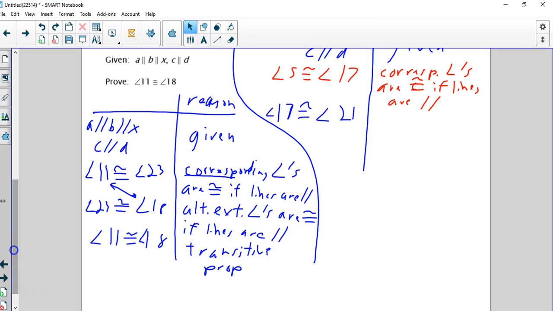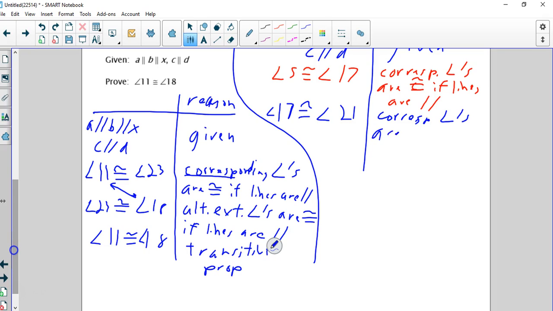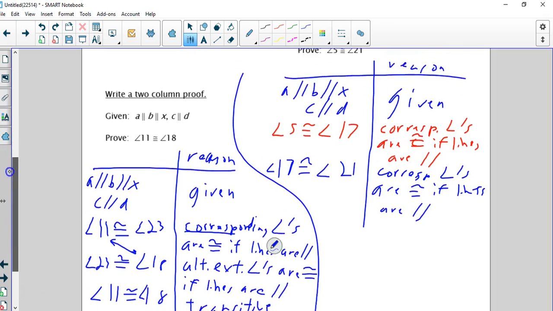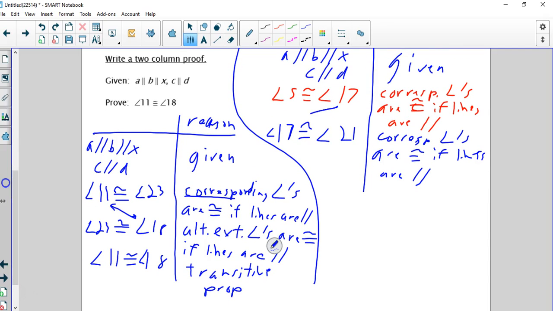And where the little kid goes, why? Because again, same reason, corresponding angles are congruent if lines are parallel. And now we can say that since 5 is congruent to 17 and 17 is congruent to 21, we can say that angle 5 is congruent to angle 21. Move this down so we have room. And it says why? Again, the transitive